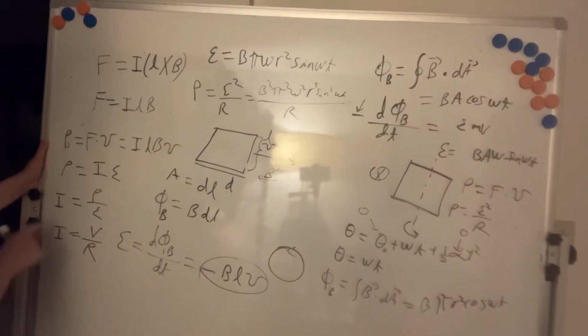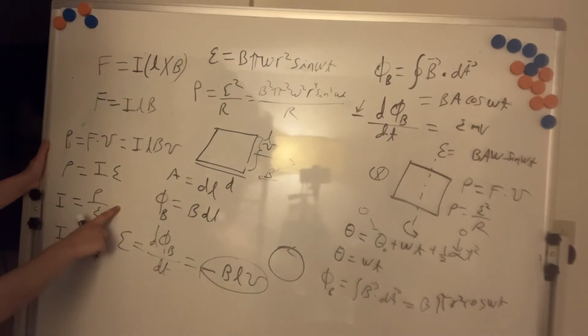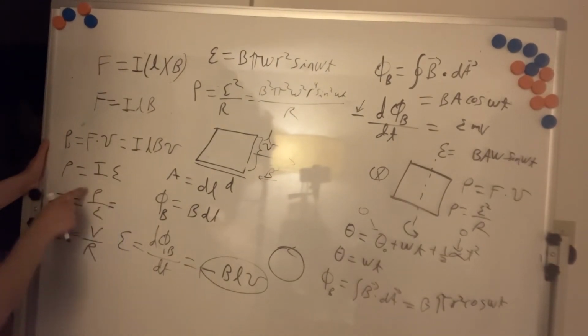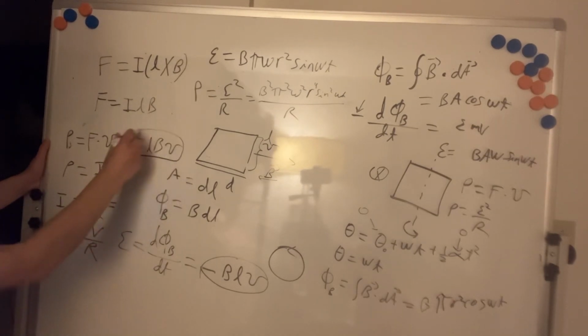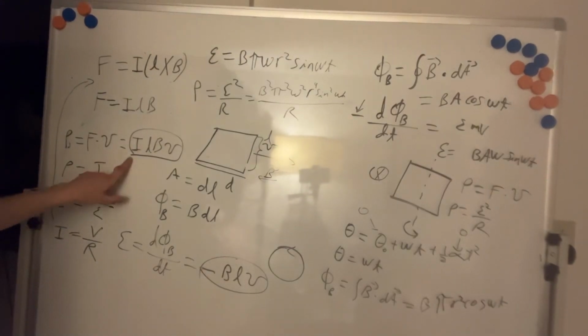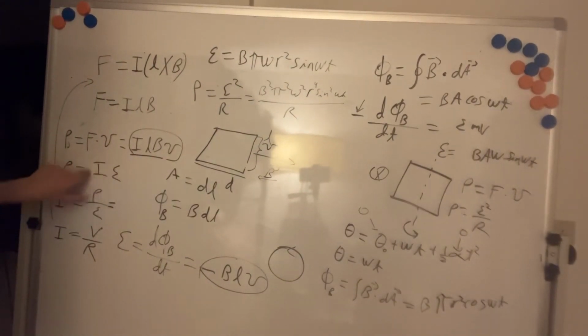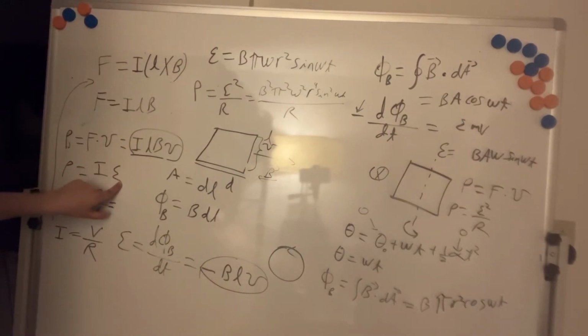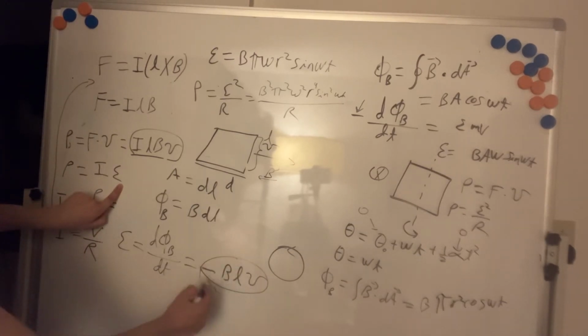So now we have the current here is power, that is this, divided by the electromotive force, and we just have I. And then whatever we have here, we can substitute that I here for the force. So we have the power, that is I L B v, or just I times E, because well, here I'm talking about absolute values. So E is this B, L